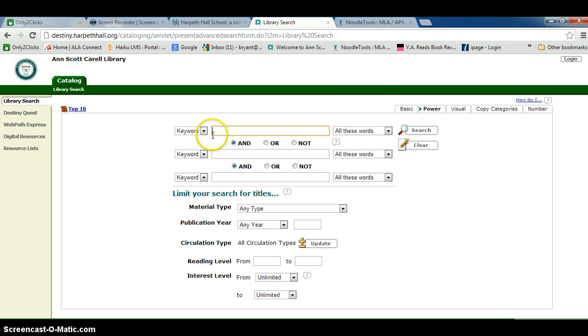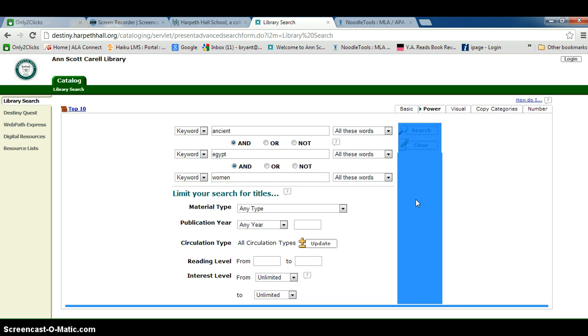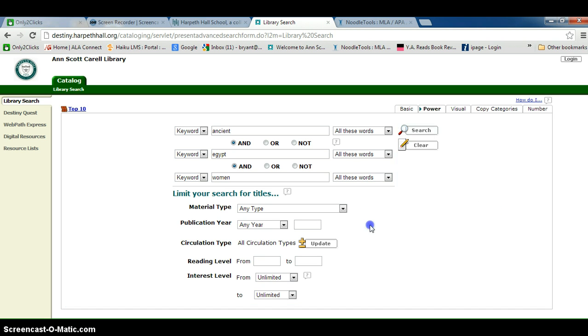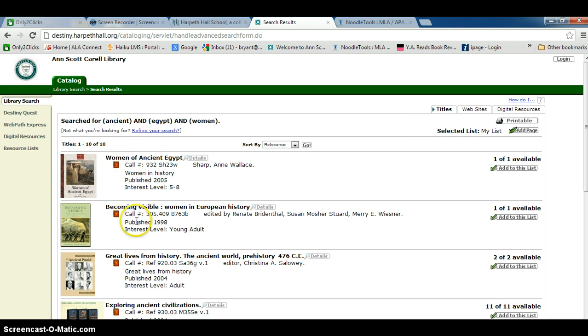Remember, if you go to Power Search, you can be much more specific, so we'll type in the words ancient, Egypt, and just for fun, let's type in women as an example. You, of course, are going to have your own topic, and you will be able to research your own topic based on the needs that you have and the keywords that you need. If you use those three keywords, then you'll click Search,